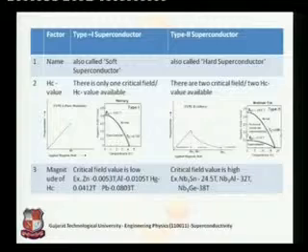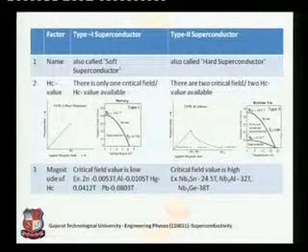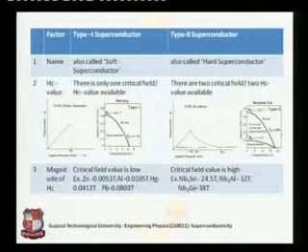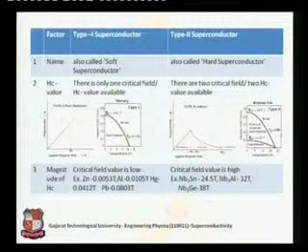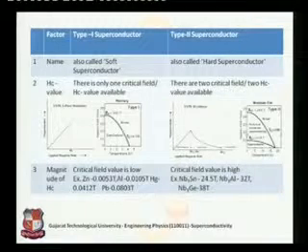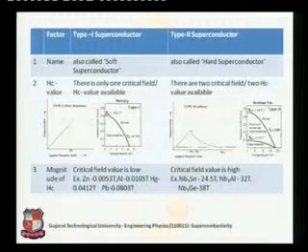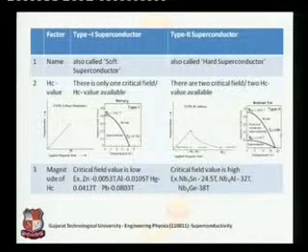The same way aluminum and Pb also exhibit such a property, that with a small magnetic field we can destroy the superconducting state. But in the case of type 2 superconductors, you can see the examples, they have a quite high critical magnetic field, that is 24.5 Tesla for Nb3Sn, and that's quite high compared with the type 1 superconductor. So type 2 needs a stronger magnetic field to change the state from superconducting to normal.